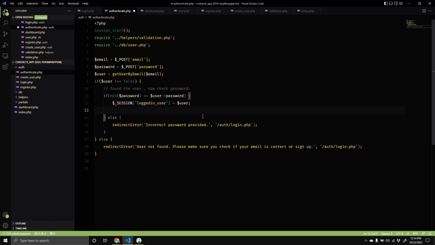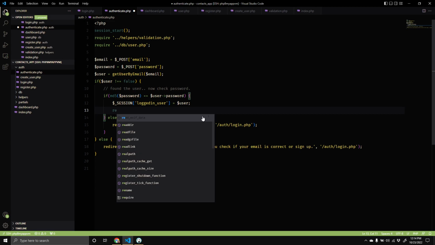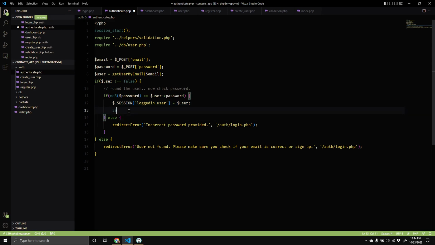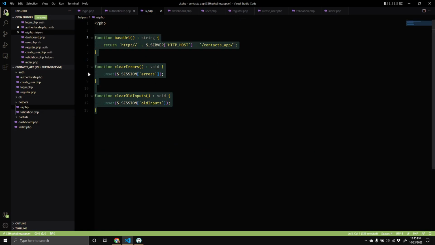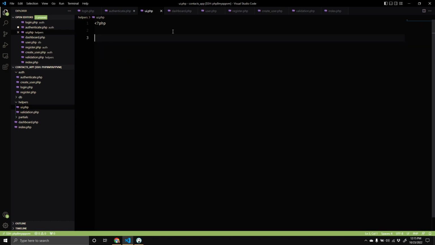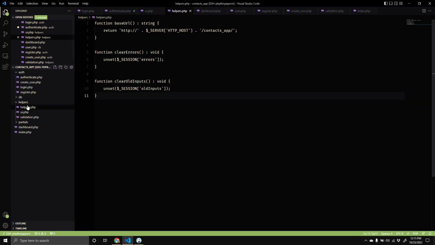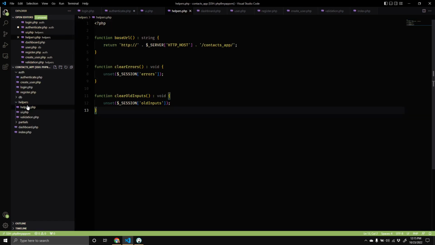I'm going to add a new helper. I don't want to have this redirect. Actually, it's getting a little difficult. What should I put in UI? Because I am going to need these helpers inside of the things that are not related to UI. So let's just reduce the complexity and move all of this into a generic helpers file. So let's do helpers.php, right? And let's put all of these in there,